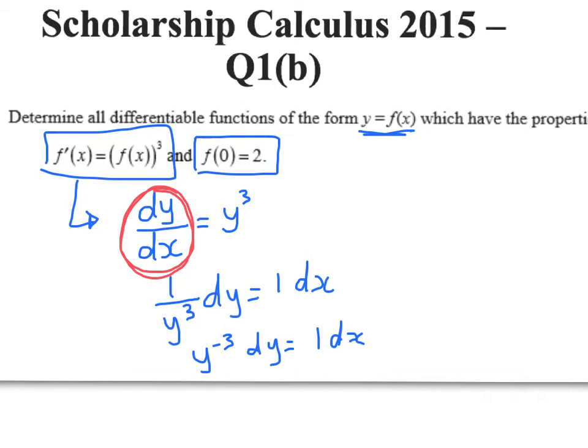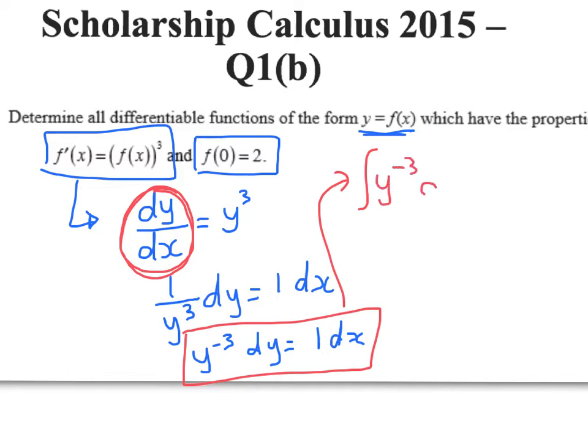What I get to here is I've separated out my variables, so I'm now going to integrate both sides with respect to the variable. So up here we just do this, so y to the negative 3 integrated with respect to y is equal to this. Okay, so not too bad. And we get negative 1/2 y to the negative 2 is equal to, on this side, well, 1 anti-differentiates to give me x, and we're going to pop in our constant of